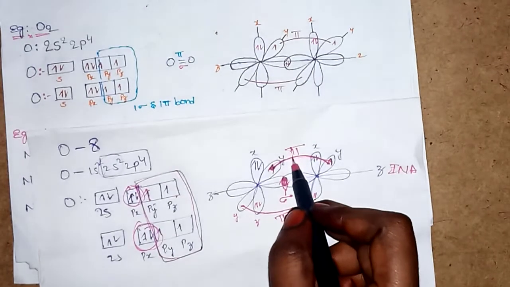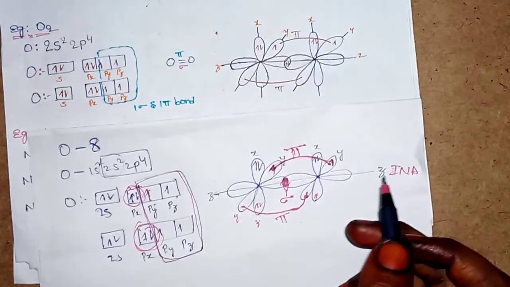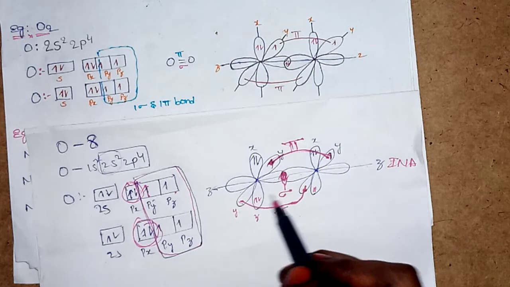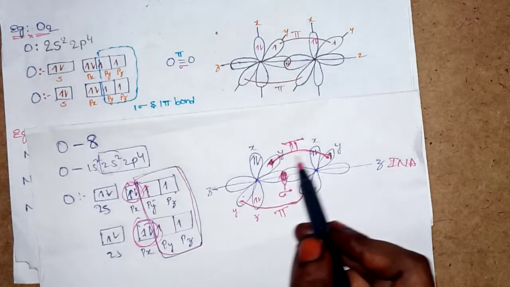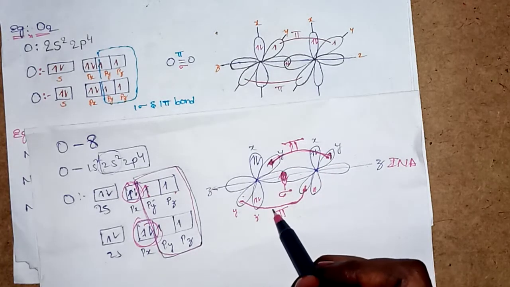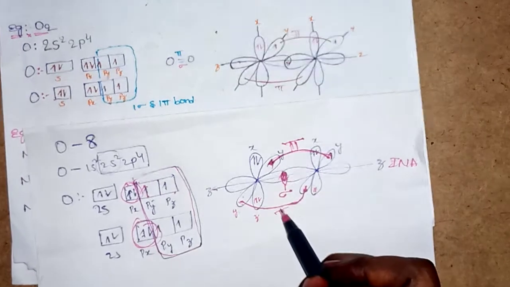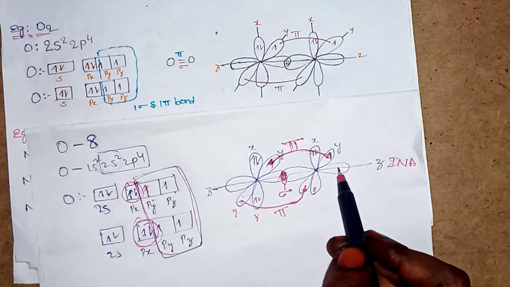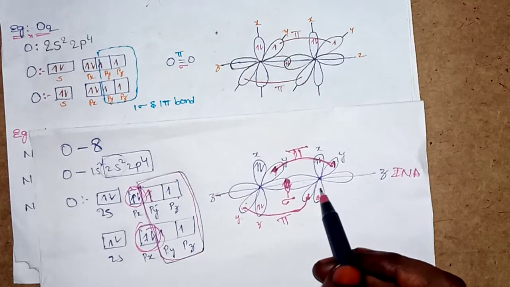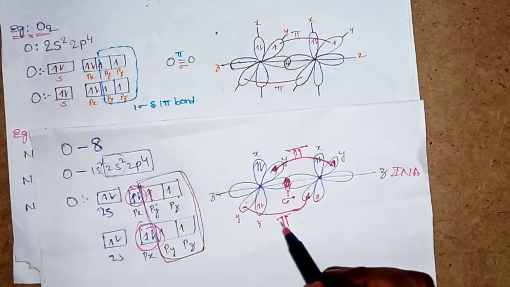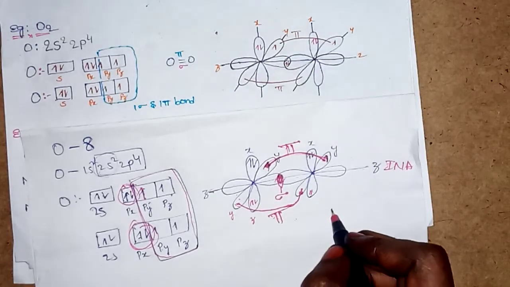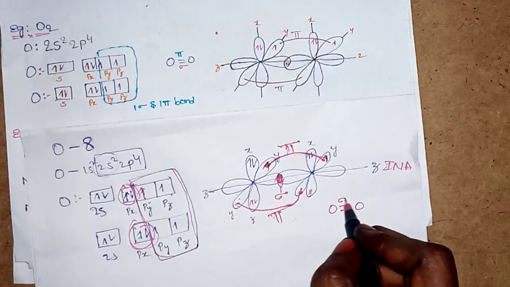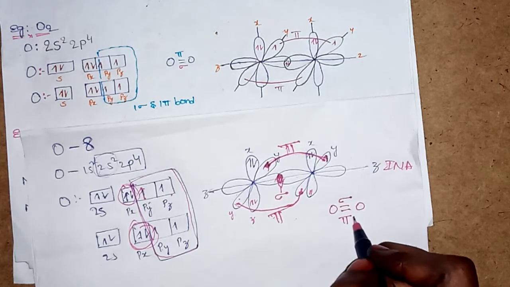So that's why we are getting the sigma bond here. Understand? So this is a sidewise overlapping. Four lobes are here: 1, 2, 3, 4. Four lobes are involved. Two overlapping zones are formed perpendicular to the axis. So we can get this type of pi bond. So oxygen has a double bond. Okay, this is the sigma bond, this is the pi bond.